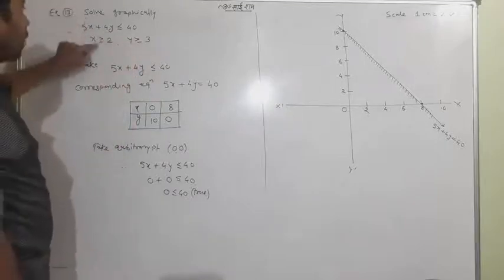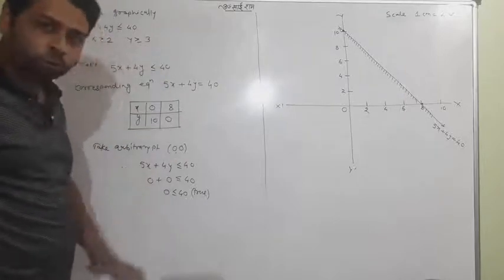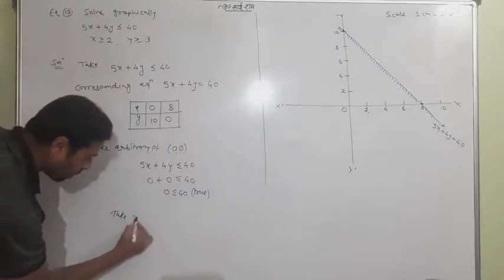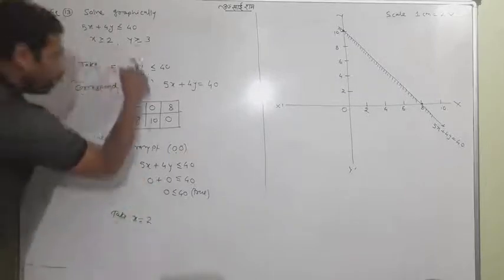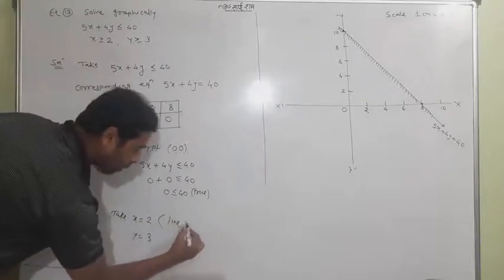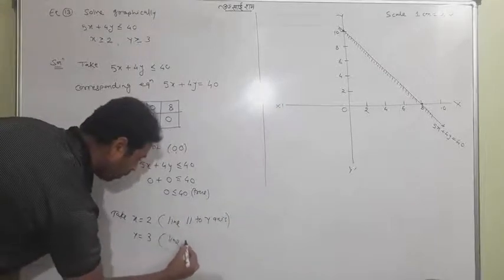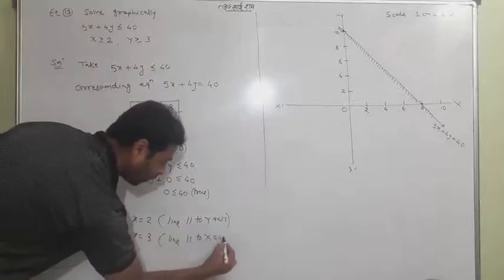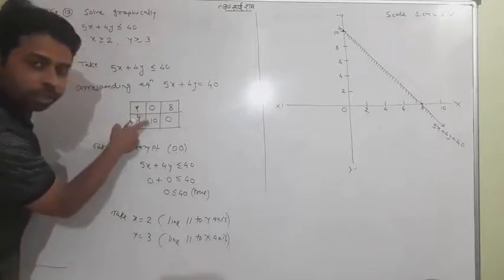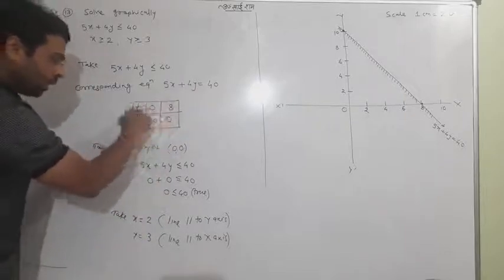Now the remaining two are x greater than 2 and y greater than 3. Nothing special to do here. You don't even have to write much; you can just give an indication, taking x equal to 2 and y equal to 3. This is a line parallel to the y-axis, and this is a line parallel to the x-axis, and this is enough because each carries only a single variable. We don't need to use the earlier concept because that one had two variables, so we needed a table to draw the line.